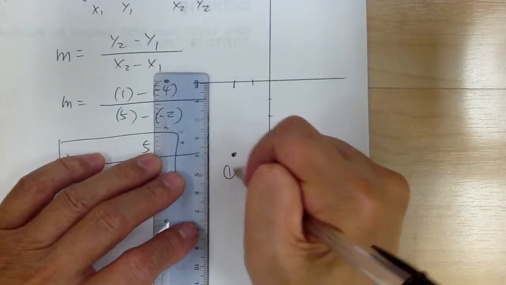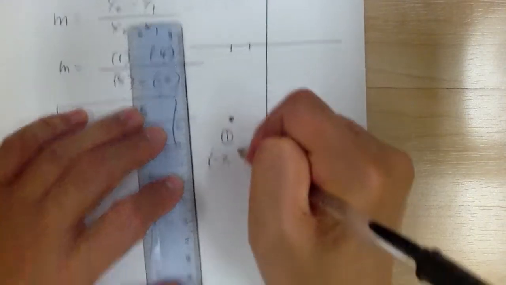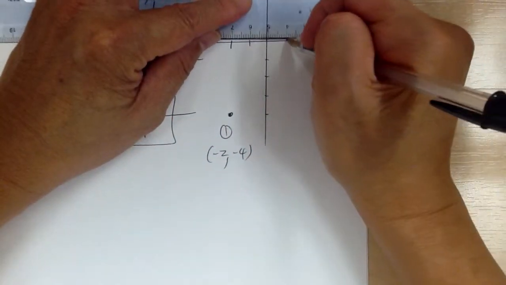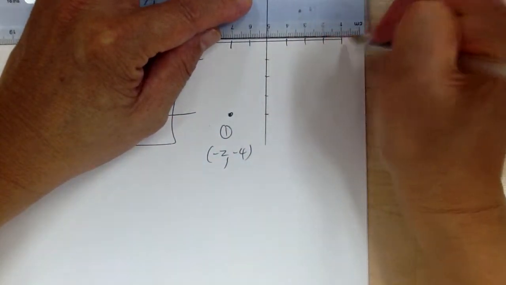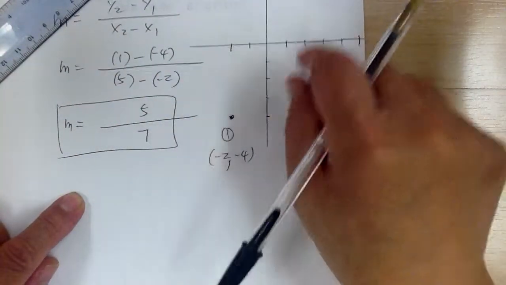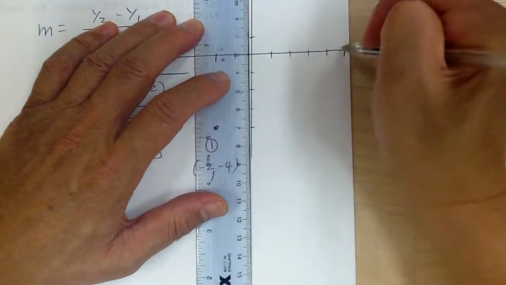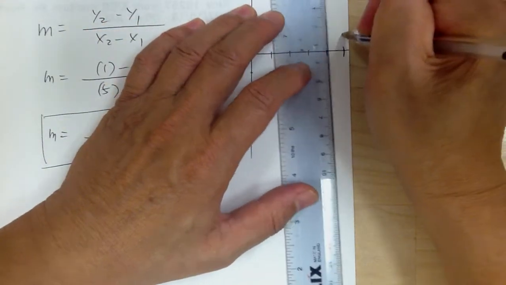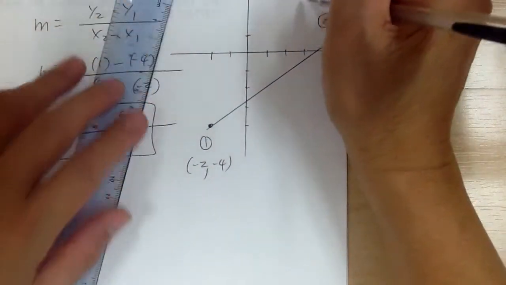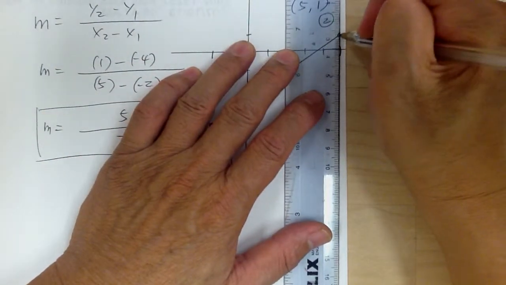And your point 1 and point 2: this is your negative 2, negative 4, and the second point is 5, 1. You don't have to do this, but I'm just showing you to help you visualize how this graph relates to this. So this is your second point, and that is your 5, 1. Right? So if you were to draw your triangle,